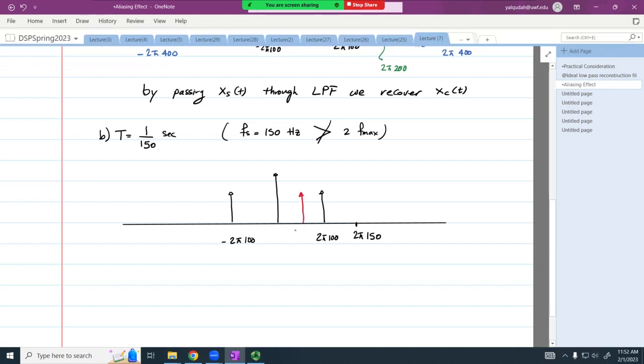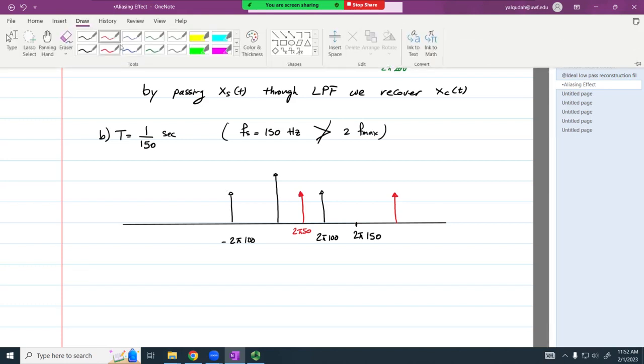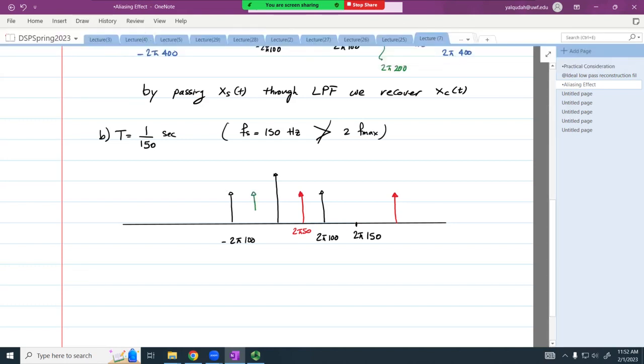And where is the other component? At 2 pi multiplied by 250. Yeah, 100 minus 150 and 100 plus 150, around 2 pi multiplied by 150. And I'm going to have the same thing in the negative frequency. Together? So now, if I pass this through the reconstruction filter,